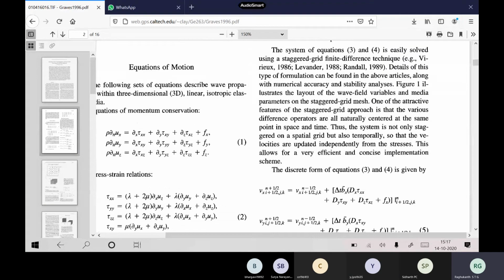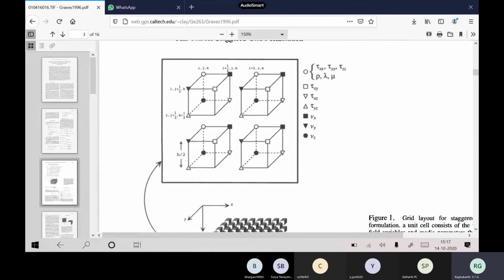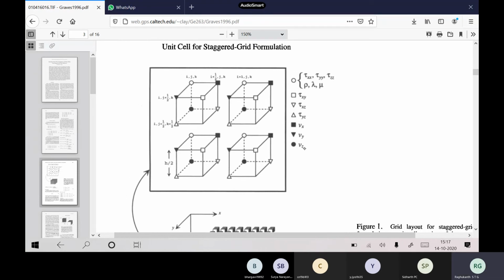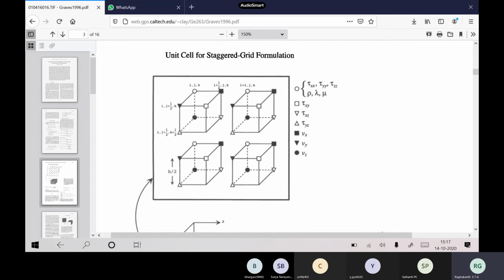Staggered grid comes up, but here the staggered grid will be much more complicated actually. Why? This is the grid you get when you are calculating in 3D. Now you can see here this circle, say this is a display. So velocity is defined here, that is velocity in z direction. Now velocity in y direction you have a different grid point. Velocity in x direction you have a different grid point.